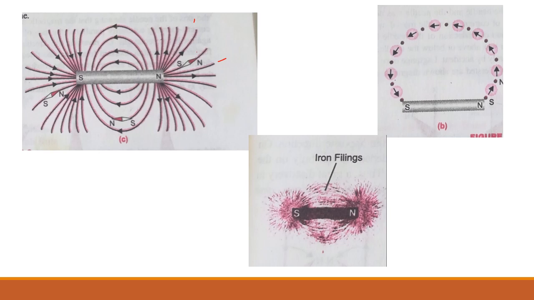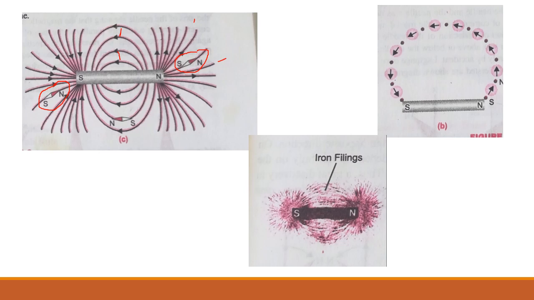And here you can see it is a magnetic compass. Magnets have a specific property that same poles repel each other. So north pole attracts south pole, and here the south pole is attracting the north pole. So magnetic field lines originate from north pole and enter into south pole. This is this line, and this is the distance between the two magnetic field lines. You can see the distance, this one and this one, increases as they move far away from the magnet.